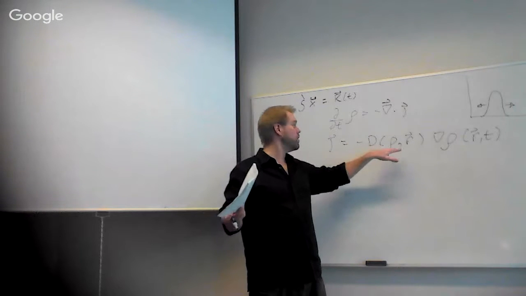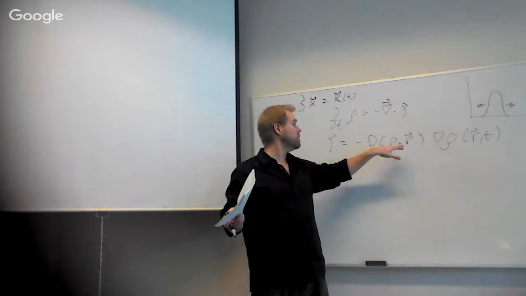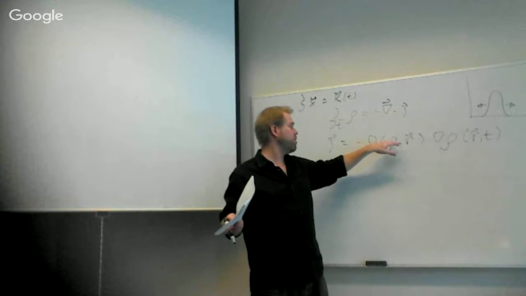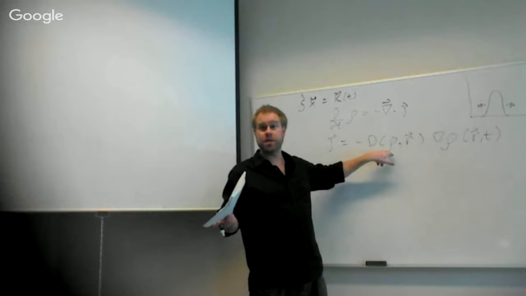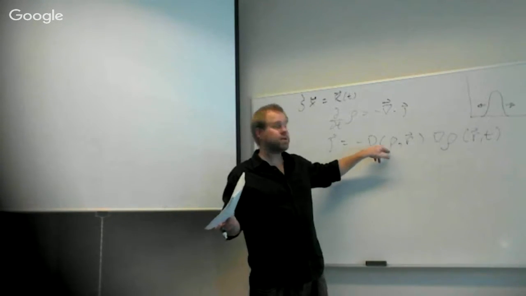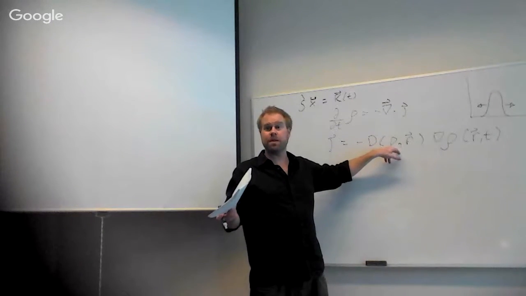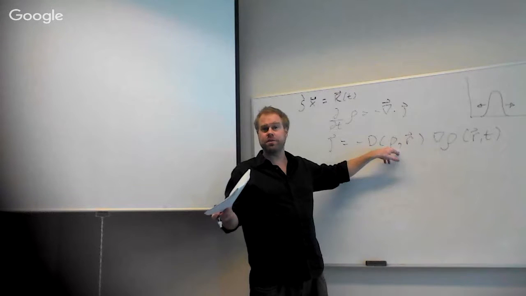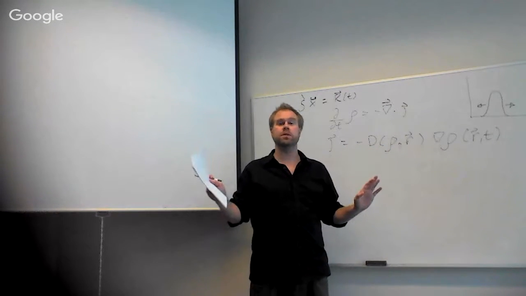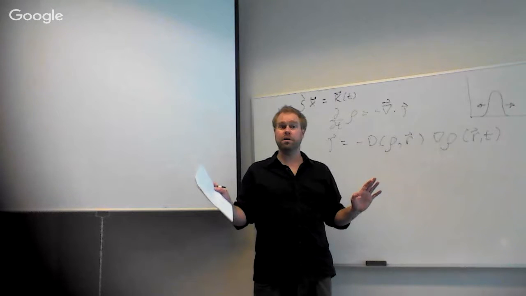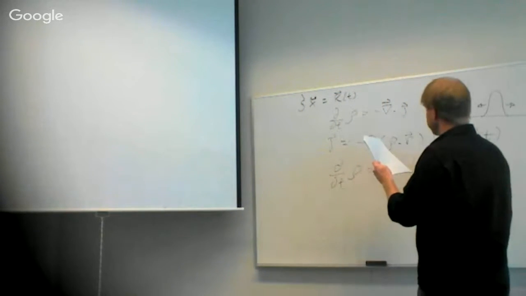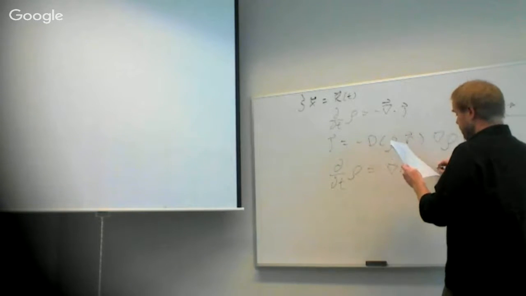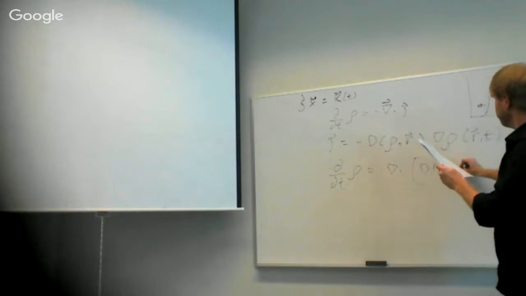Cool? And in general, the diffusion coefficient can change with the position and also with the current density of particles at that position. Okay? Well, this can be very, very complicated. We're going to make a simplification, which is that D is constant. All right, and we'll see why that's important right now, because what I can do is write down the time derivative of rho is going to be the divergence of this current,